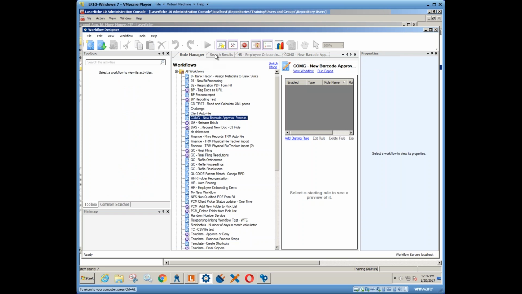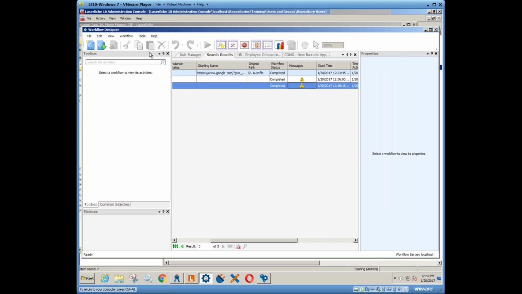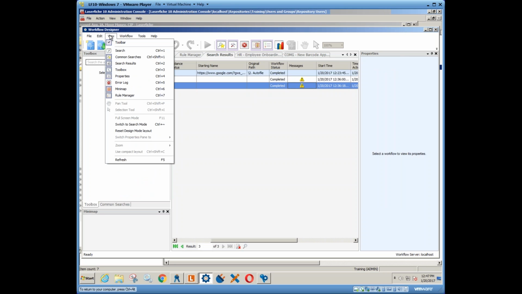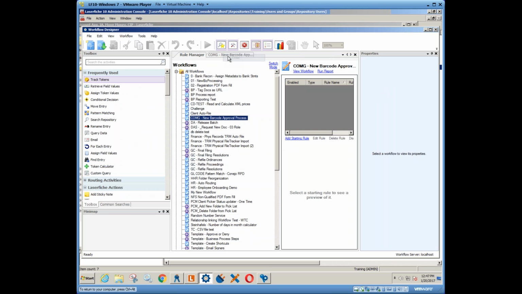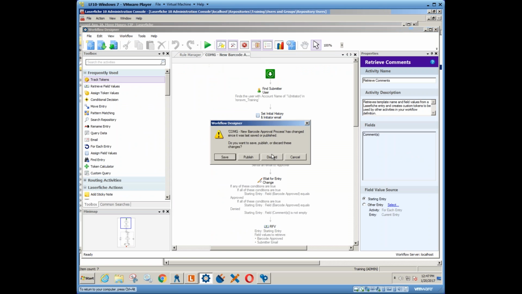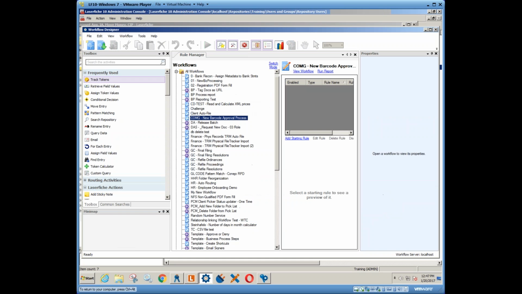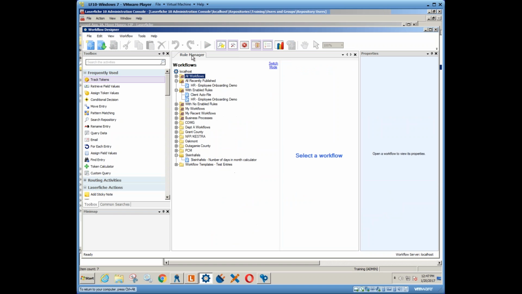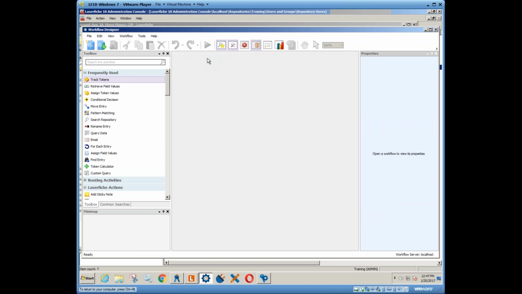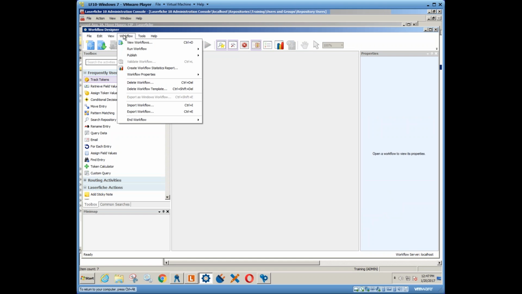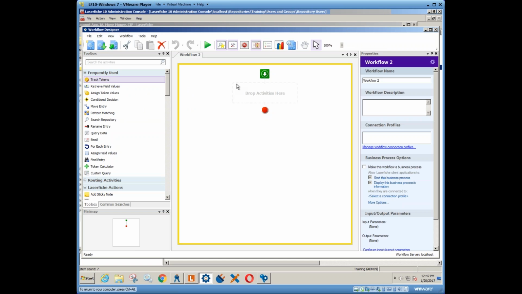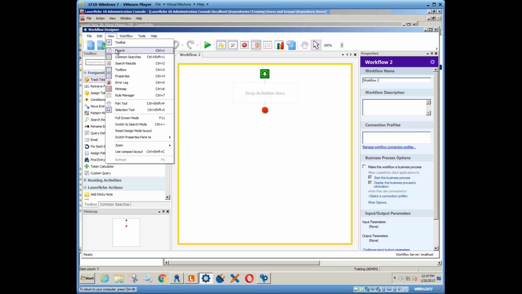We've got the rule manager, search results. Sometimes, actually, I'm not done. Sorry. The search results, if you come into the system and let's undo search results. That's not there. We'll close that. And you launch, let's do a discard on that. And you launch Laserfiche workflow, and all you get is workflow 1. That's fine. You can go up to the view and add your different